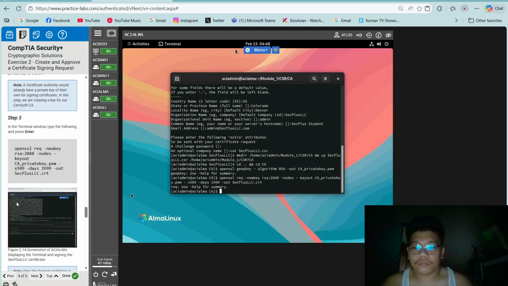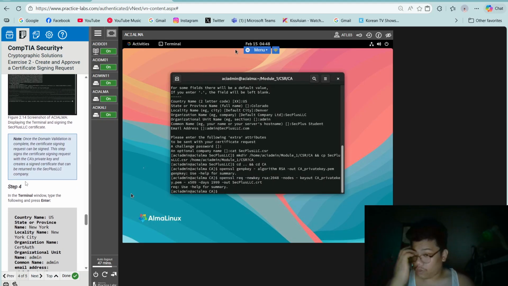Enter. Note, once the domain validation is complete, the certificate signing request can be signed. This step signs the certificate signing request with the CA's private key and creates a signed certificate that can be returned to the SEC Plus LLC company.